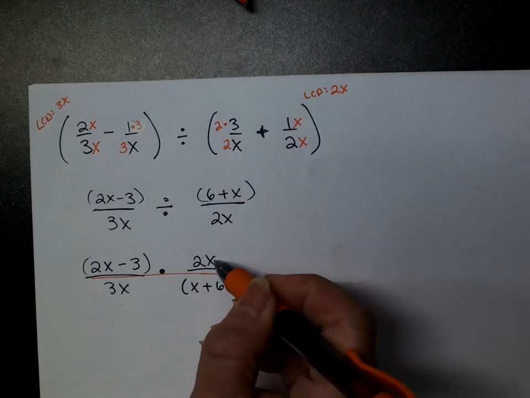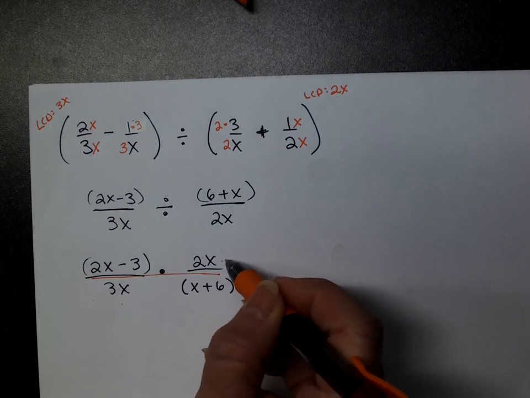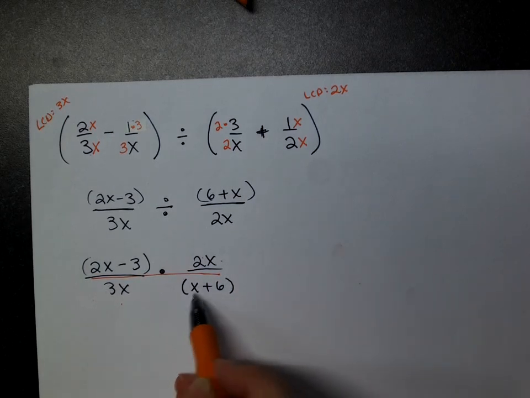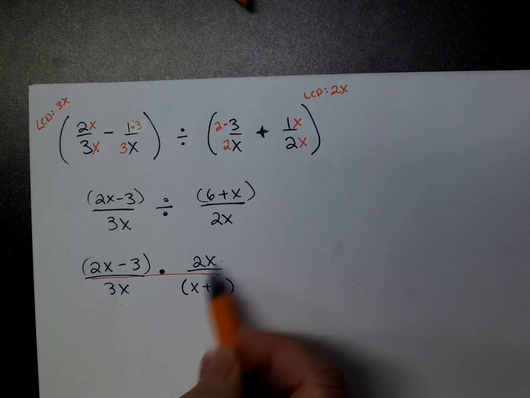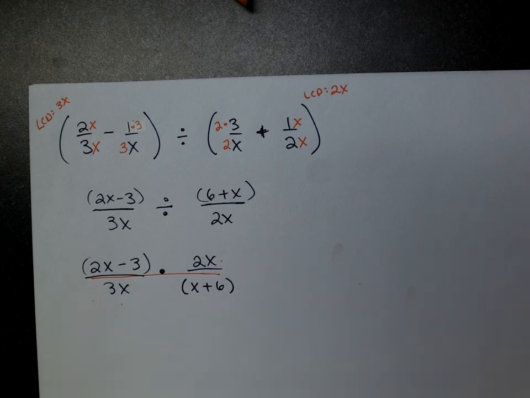Because these are not terms, these are factors. See, there's no plus or minus next to them. You can't cancel out those x's inside the binomial. That's outside the binomial, and this is locked up in the parentheses. See how that plus sign is touching the x? That makes this x a term. You can't cancel out terms. X plus 6, the whole thing goes or none of it goes. So you can cancel out